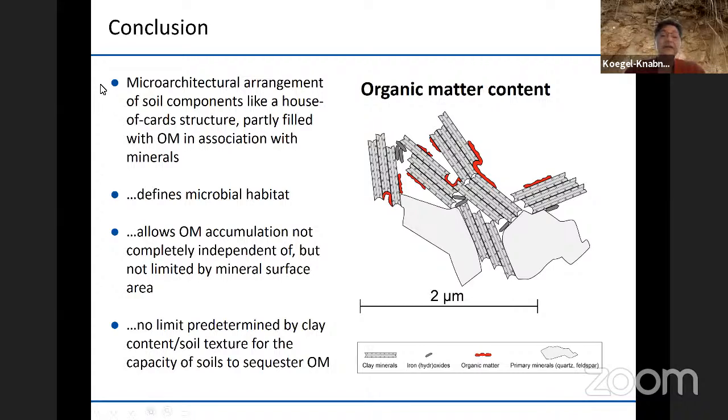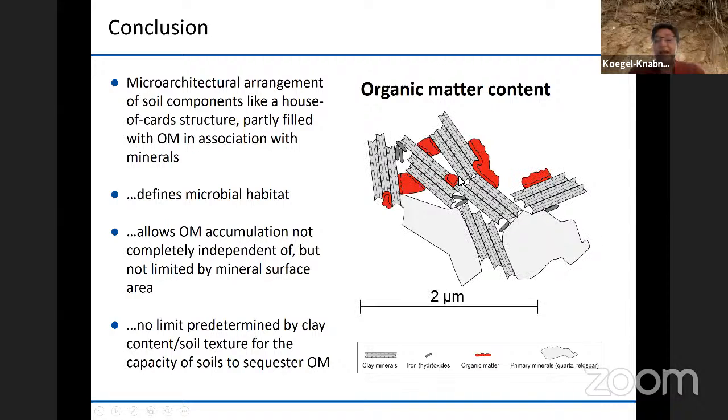So we think, to conclude, that the micro-architectural arrangement of soil components is like a house of cards structure that is partly filled with organic matter in association with the minerals. This will define the microbial habitat also here,